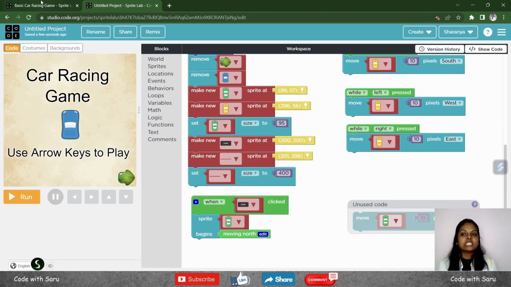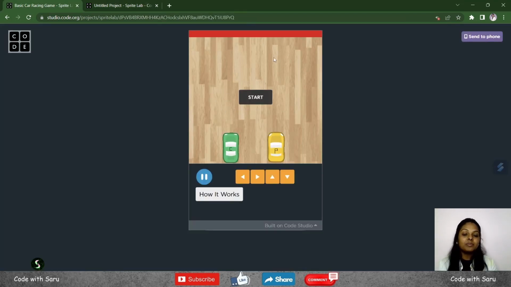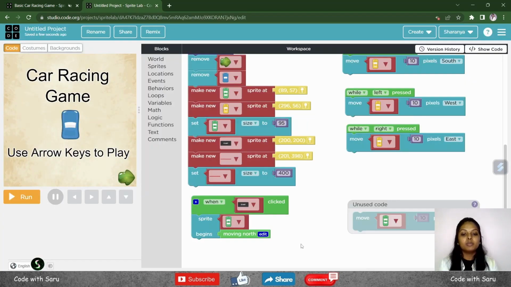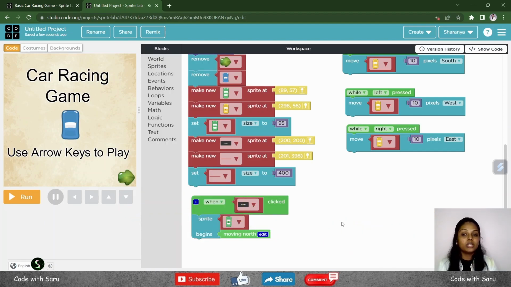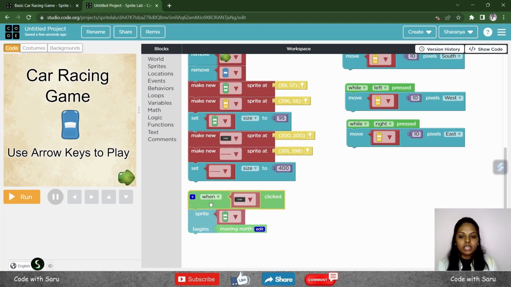But the start button is still on the screen. Do we keep the start button on the screen? Let's check here. No, right? So the start button should be removed as soon as you click on it. Let's remove this unused code. That's how we delete it. Okay, and